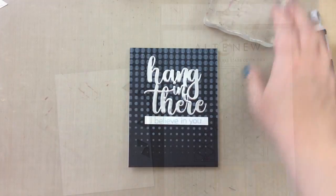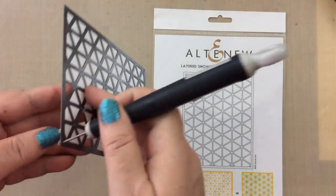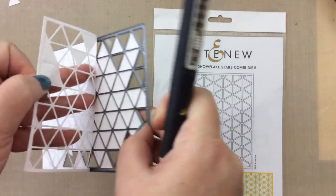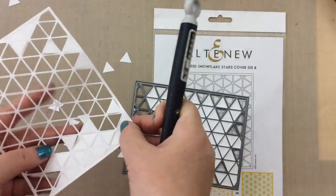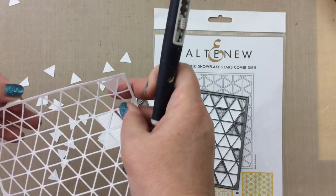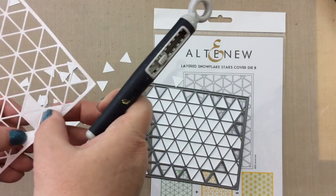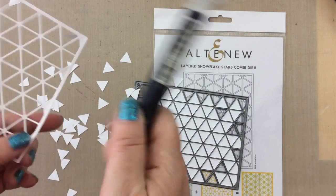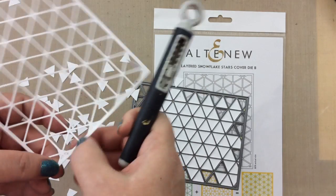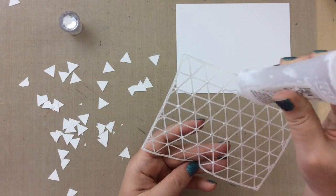It adds an extra element of geometric look. For my second card, I'm going to take this layered snowflake stars cover die B, and I'm just going to clean out all of those little triangles that come in here. Now this is a snowflake cover die, but if you highlight certain aspects of this die, it turns into a beautiful geometric card. I'm just going to remove those extra little pieces here with my retractable craft pick, and then